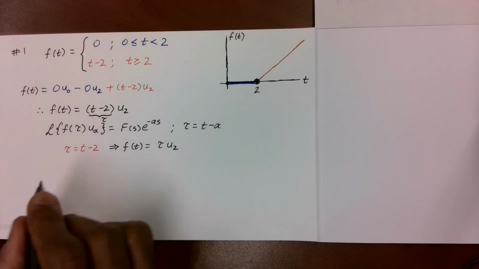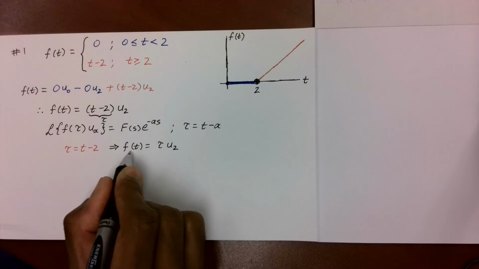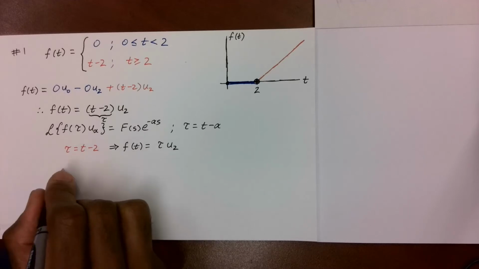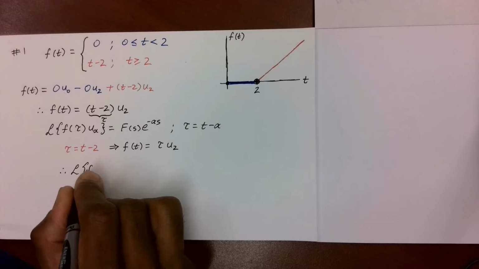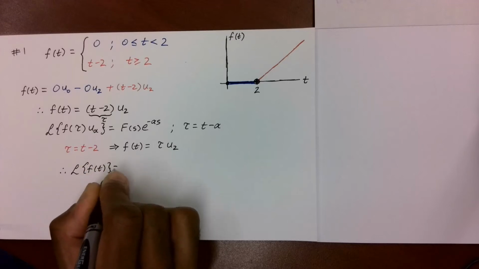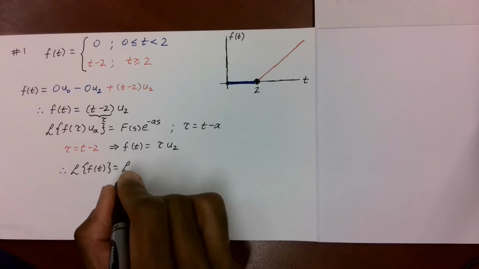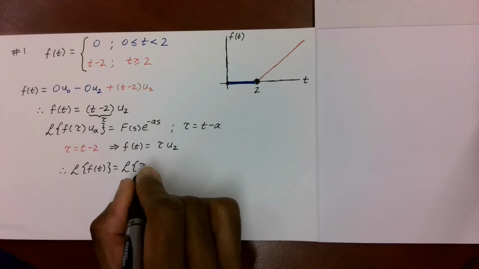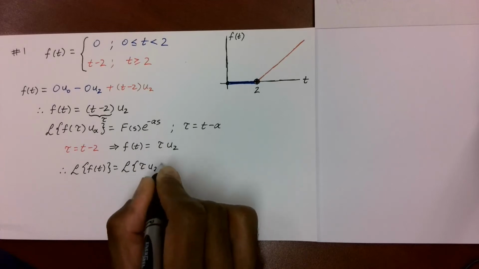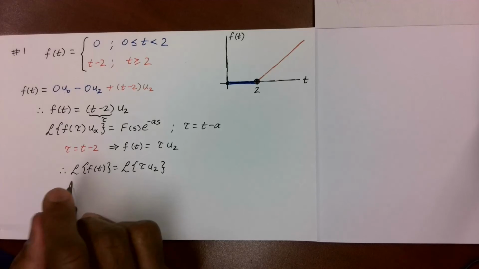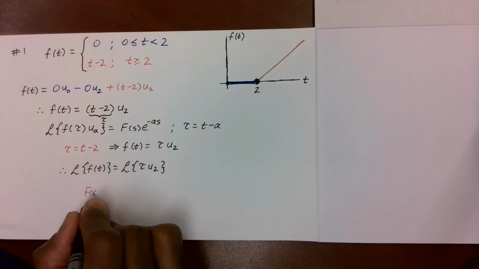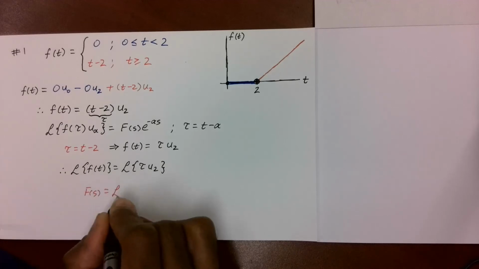And therefore, if I want to take the Laplace transform of f of t, that is the same as taking the Laplace transform of tau u2. And for the Laplace transform of tau, that is what we are going to call capital F of s. So F of s is basically the Laplace transform of tau,